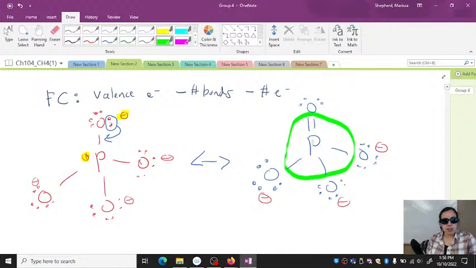So you're just looking, because it came with 5, then it bonded, right? Then all these things happen to it, but then you're trying to see, well, how many is it directly tied to that it feels? And so you have that it feels these 5 bonds. So that'd be 1, 2, 3, 4, 5, 6, 7, 8, 9, 10. So we would say that phosphorus has 10 total electrons.